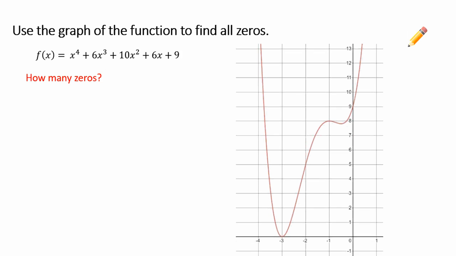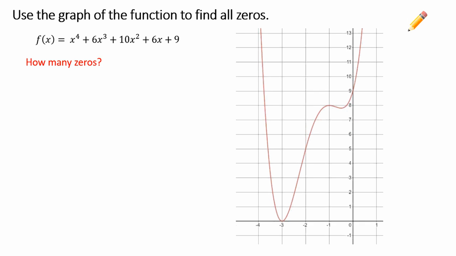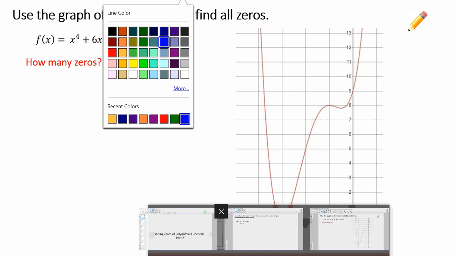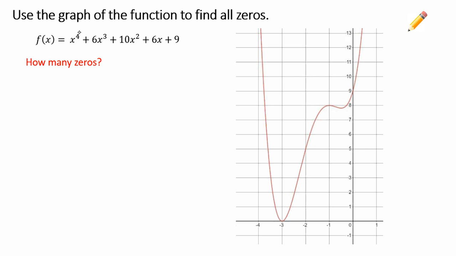Okay, let's try this one. Use the graph of the function to find all zeros. How many are we looking for? Degree 4, so we've got to find 4 of those guys. Okay, right away I look here at this one and I say, okay, -3 is on there, so -3 is a 0, and it bounces,